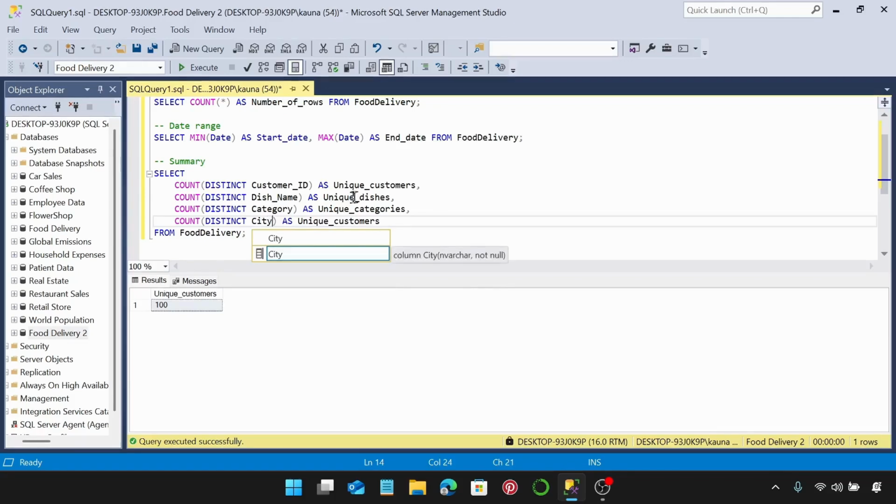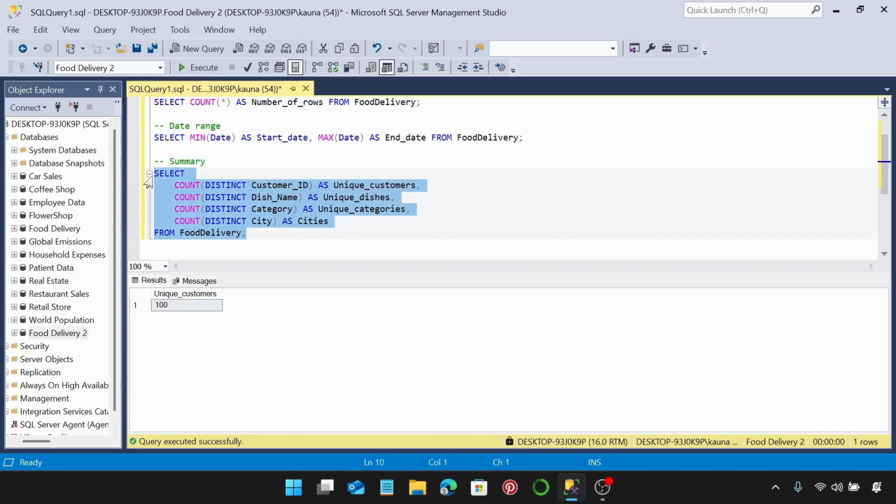So we're just going to reference city, and we're just going to call this cities. Okay, so let's run this query, and so we have 100 unique customers, 10 unique dishes, 3 categories, and 10 cities, and that's the basic summary